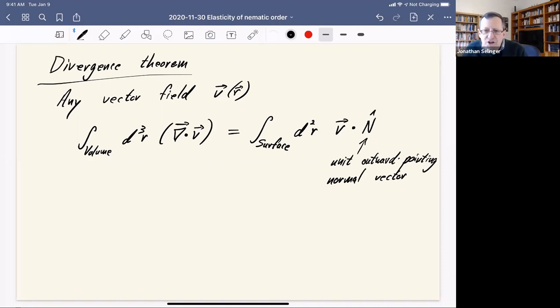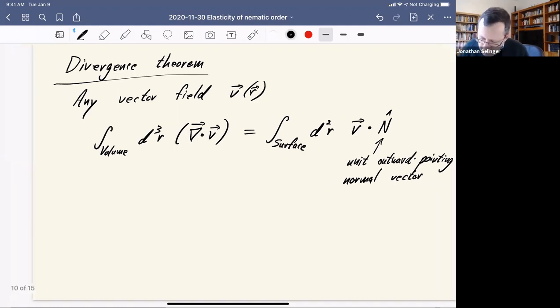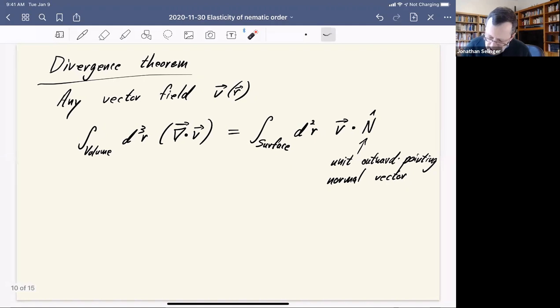This is a theorem which you might remember from a multivariable calculus course. Usually it comes pretty near the end of the course when people are tired and they might not pay attention to it, but I bet it was covered if you go back to look at your notes from such a course. Okay. The reason why that is important is because this kind of form, the integral over a volume of